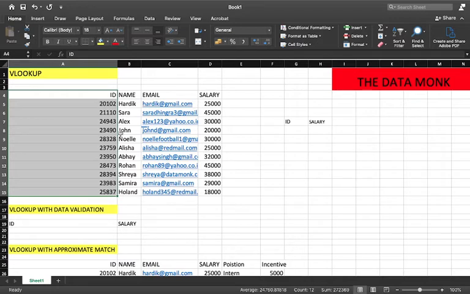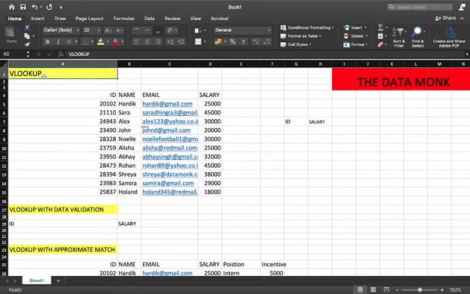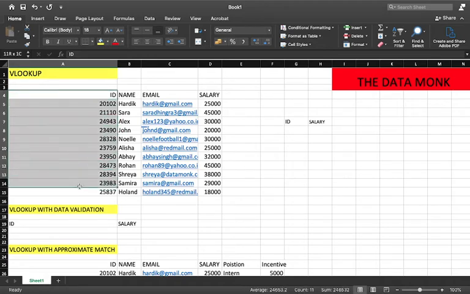Alright, so there are three basic rules whenever you are using the VLOOKUP function. The first rule is that the lookup value should be from the first column of the table only. So it means that if I'm looking for say salary, I can look it up from ID also, I can look it up from name also. But what our VLOOKUP function says is that the lookup value should be the first column only. So if I'm looking for salary from this table, my lookup column should be the ID.